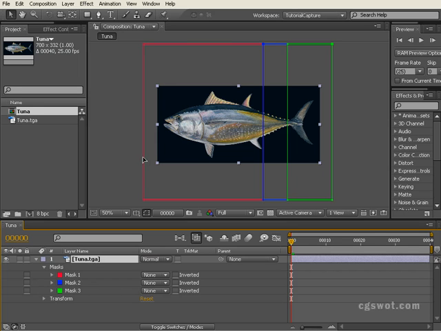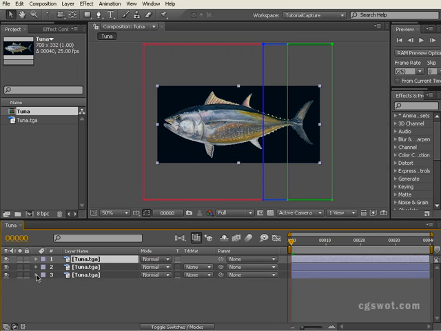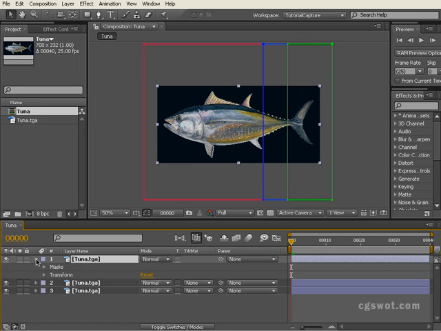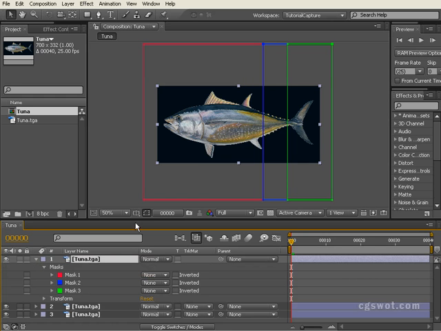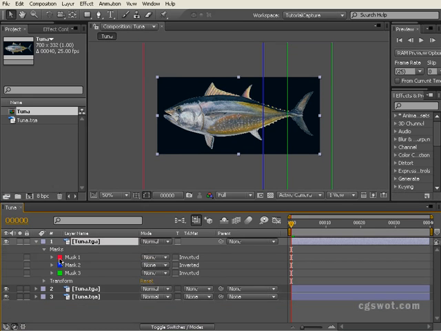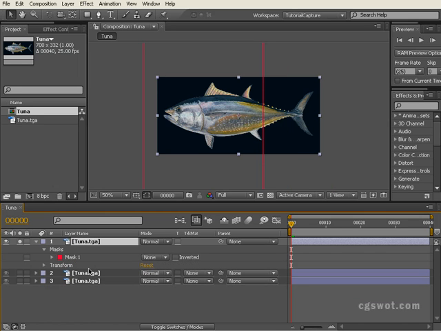Okay, so we've got our three masks. We're going to duplicate our layer twice, Control D, Control D. Now the top layer we're going to leave as the head of the fish, so the only mask we need is the first red mask. So we'll isolate that layer. We'll take mask 3 on the top layer, delete, mask 2, delete,